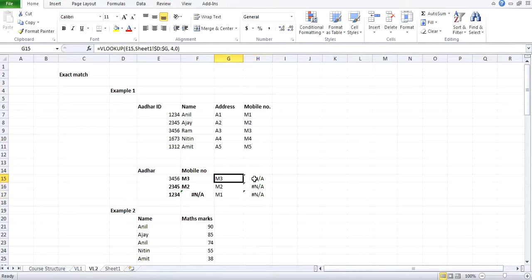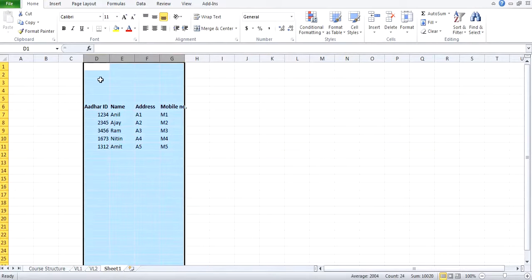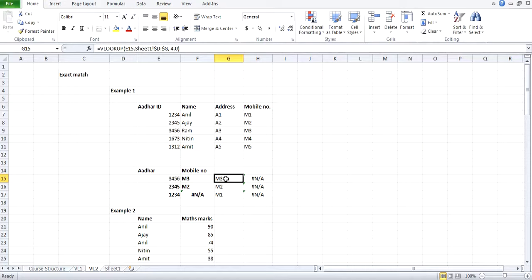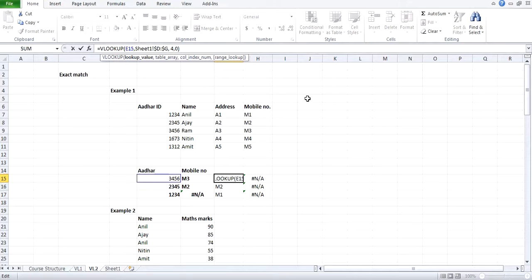Oh no, there is one more catch here. I have copied the formula from here to here, and the table range is not changing. But you have to see that the first parameter, which is the lookup value E15, becomes F15 here, which means it's searching for M3, the mobile number, in D to G first column, other ID. So it's matching mobile number with other ID. So when you're copying the formula across from one column to another, you also have to make absolute the lookup value parameter as well, and the column for that. So I'll add a dollar here. I'll not add a dollar to 15 because